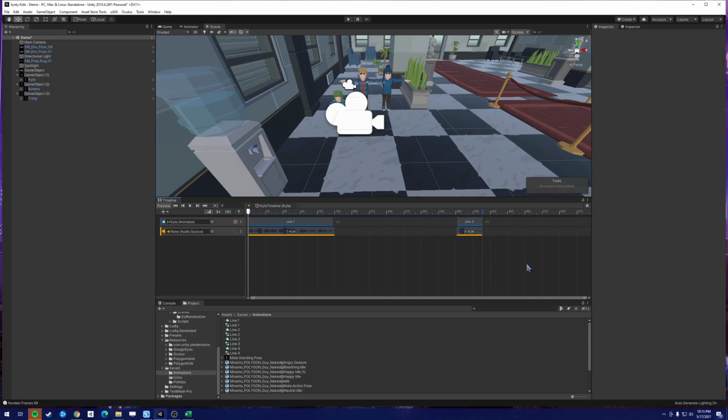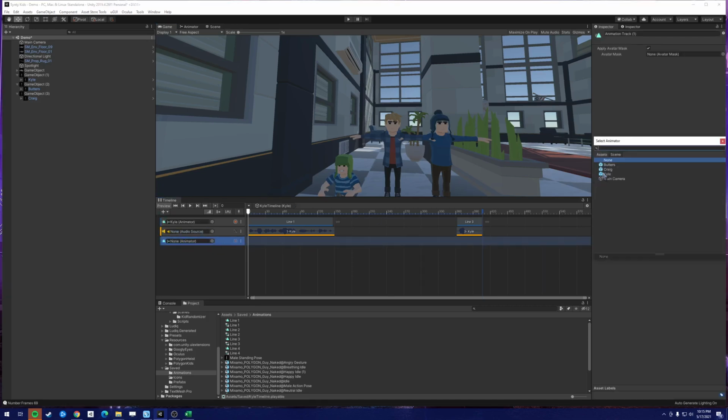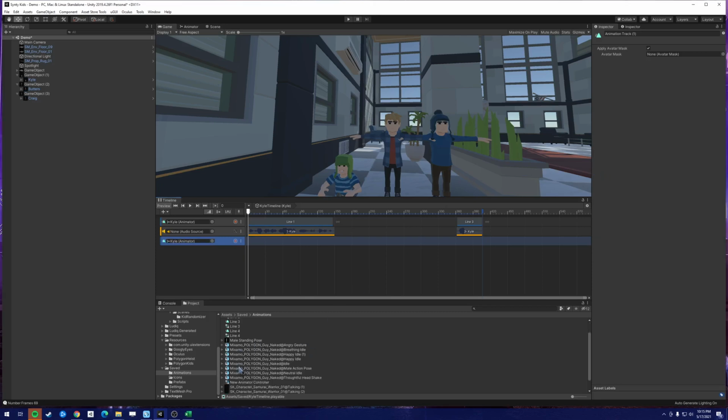Okay, so we have line 1's lines 3, and if we just did this, right? Just looked in the scene view. He's down at the ground. It will play, but he's going to play in the ground. And so the way around that is to create another animation track, select Kyle, and then give him